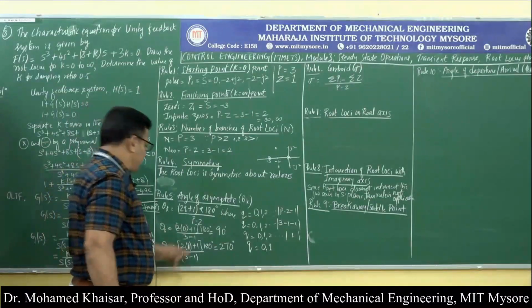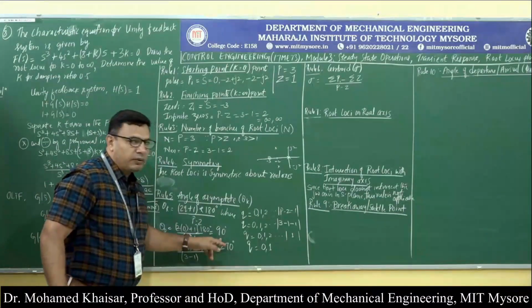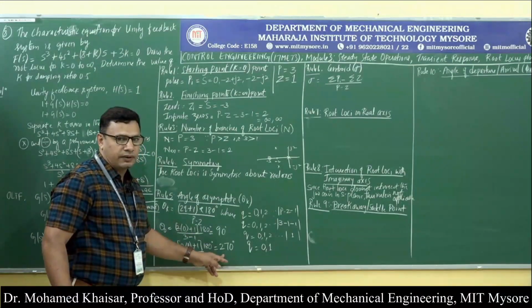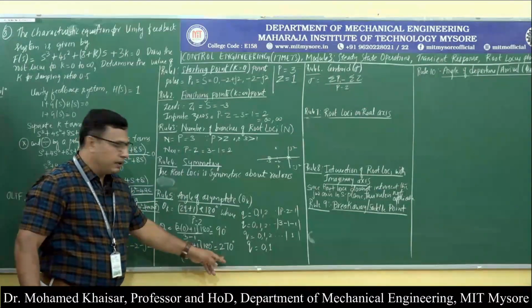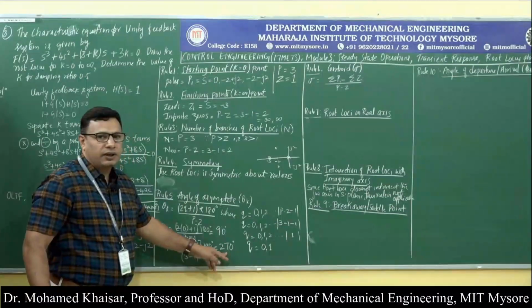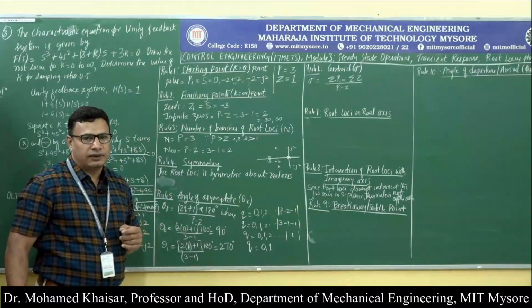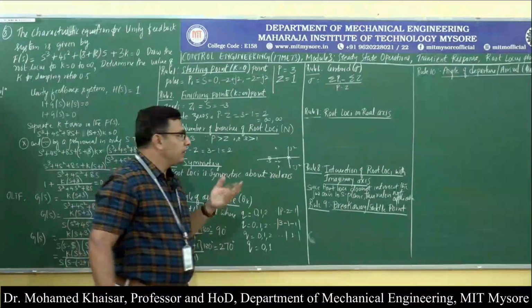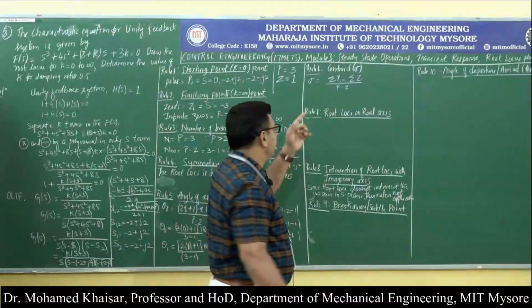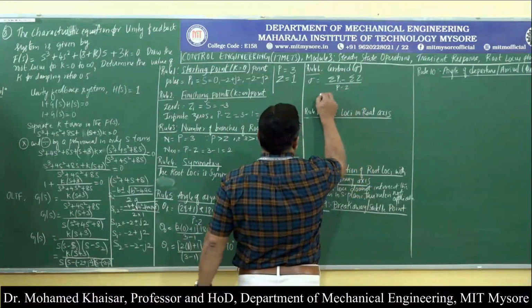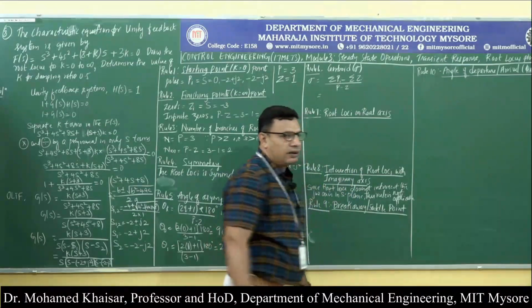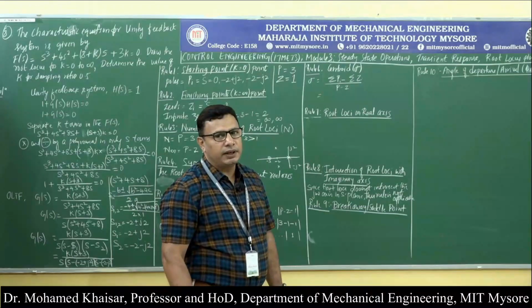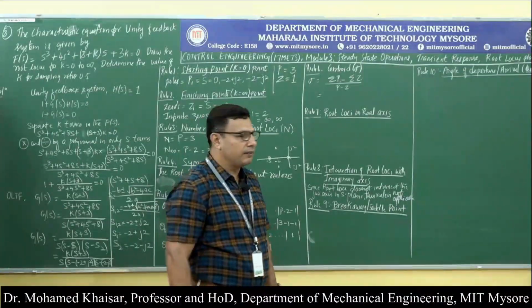Then, since one asymptotic straight line is at 90 degrees and the other one is at 270 degrees, obviously these two asymptotic straight lines are going to leave the real axis. From what point on the real axis do they leave the real axis? That is to be known. That is given by the centroid, and it is given by the formula: summation of all the poles minus summation of all the zeros, divided by the number of poles minus the number of zeros.